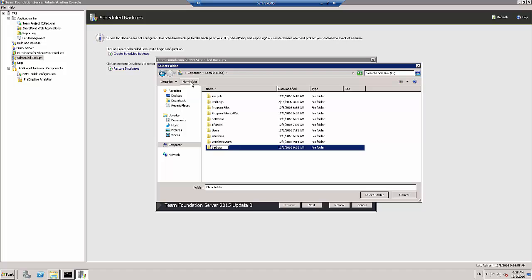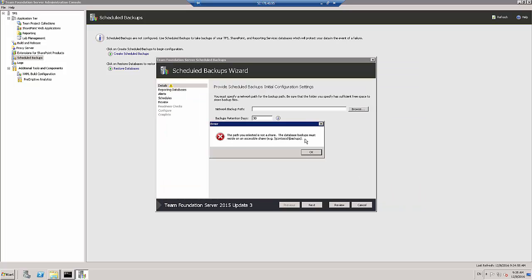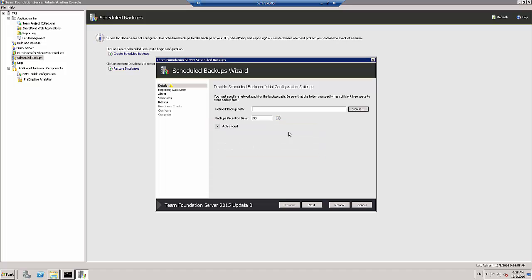Not a good idea, but it's just for demo. Okay, must be a network path. I can share my folder locally, and then give my local host name and create a network path that way to overcome this. But you get the idea. You get a network path and you